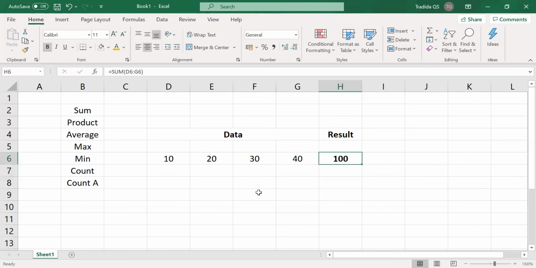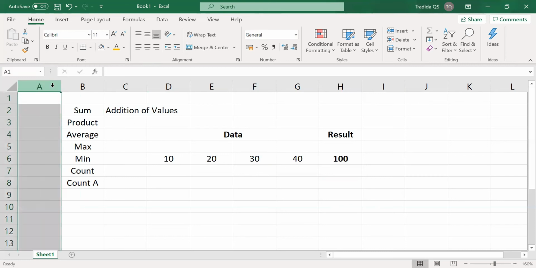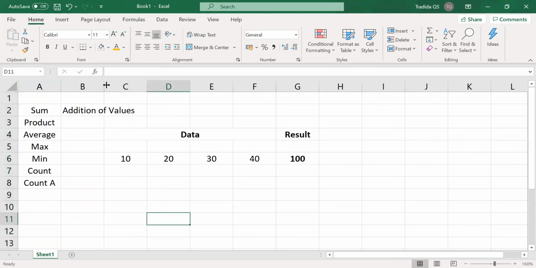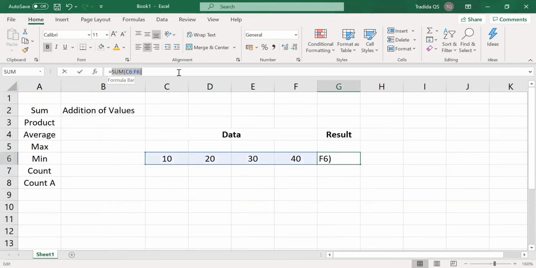Next formula, product. It is used to multiply the values. We will write the purpose: addition of values. Product.